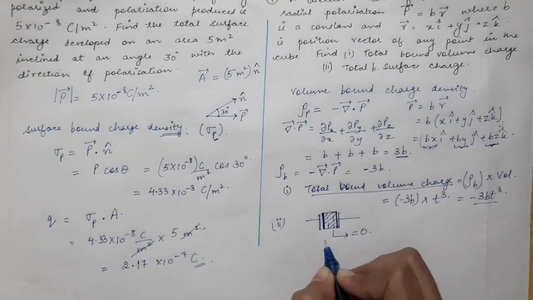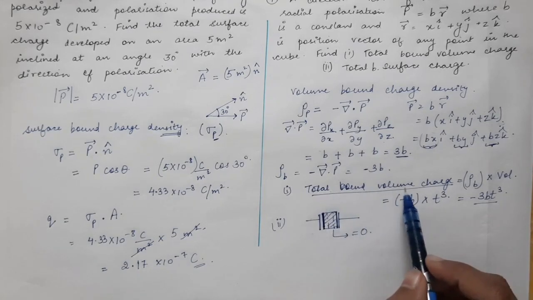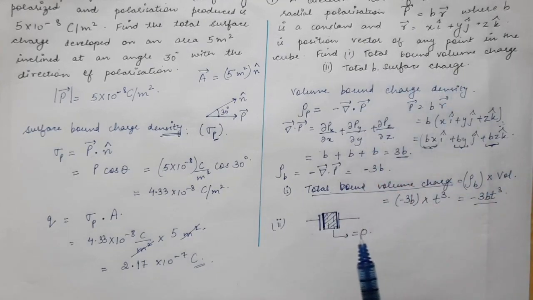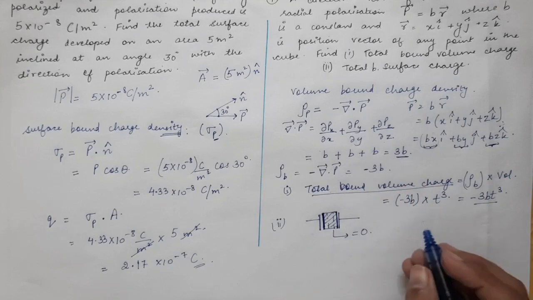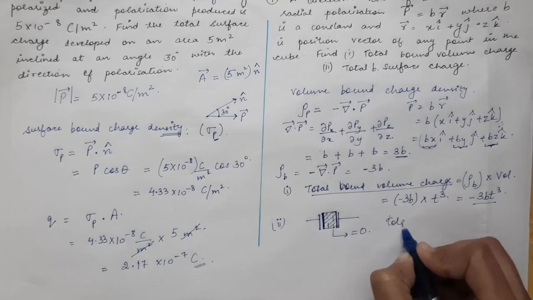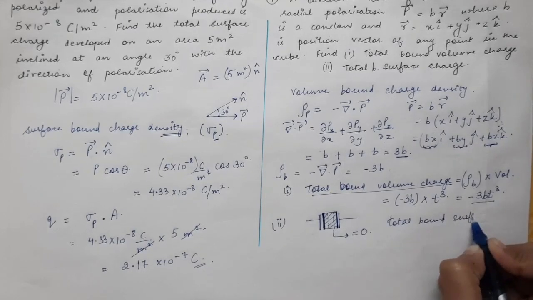So from here we see another property: the summation of total bound volume charge and the total bound surface charge is always equal to zero in the case of polarization. So therefore, total bound surface charge